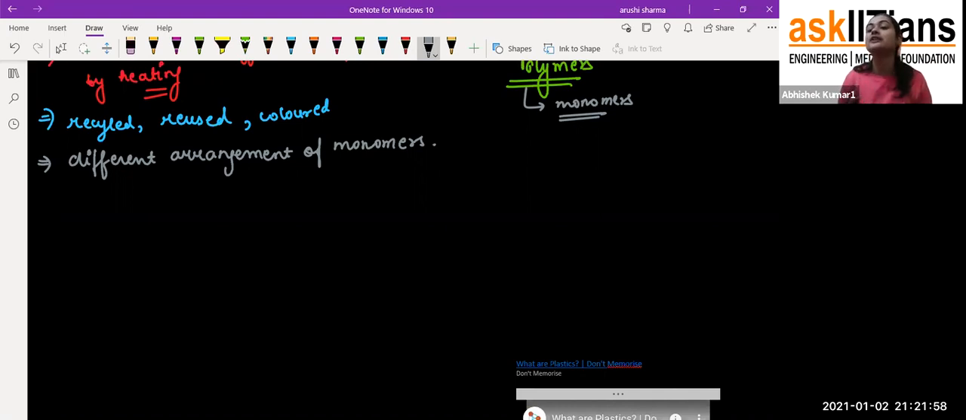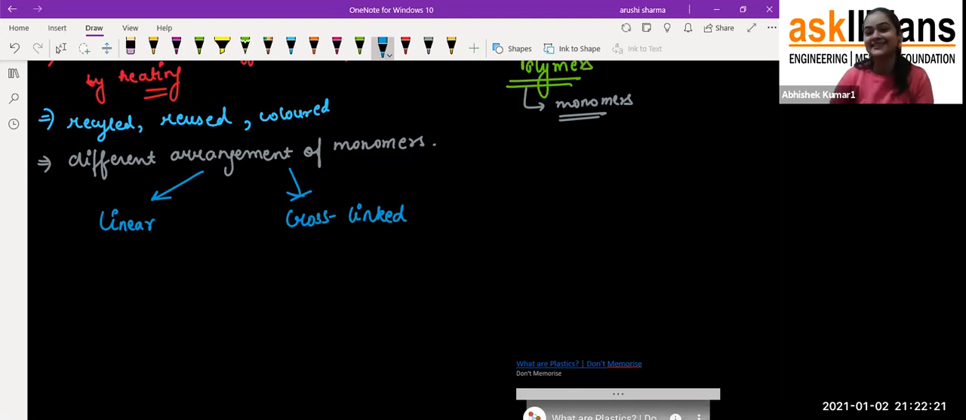Okay, so that's how they will become strong in nature. So students, in the case of plastic, we have different arrangements of monomers, and these are of two types. You can see here that one is a linear arrangement and one is cross-linked. If I ask you which one has more strength,